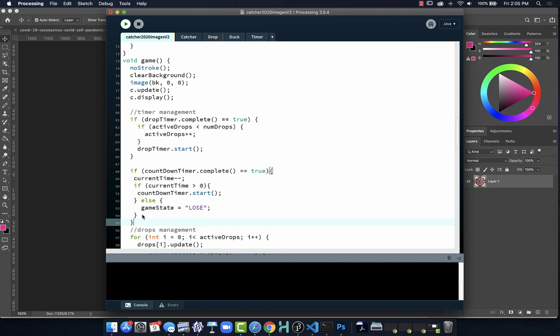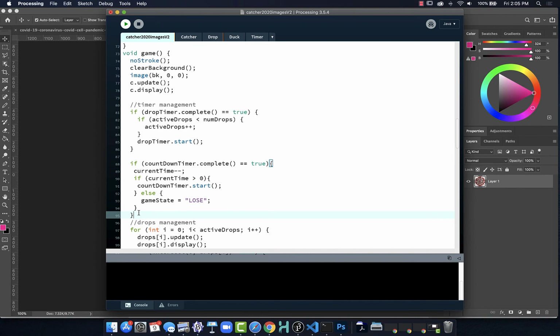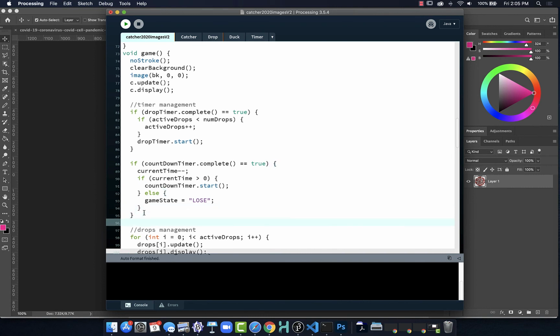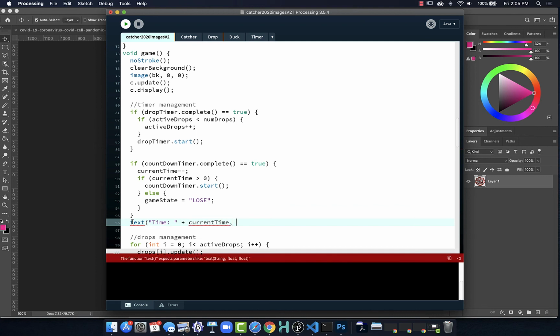Now, to continue this, I'm just checking my curly braces to make sure I'm not typing in the wrong spot. If I click on this curly brace, I see how it highlights the one up here, so I know that that is its partner. So I want to be outside of that. Then I want to put some text on screen. The text I want to put on screen will be "Time: " close quote, plus, and then we will display the current time at